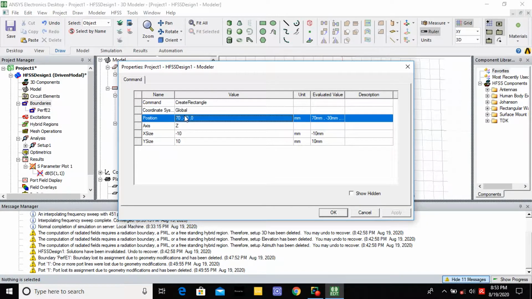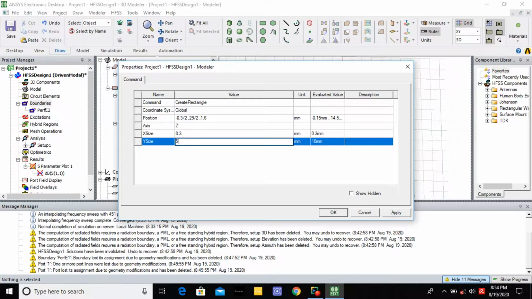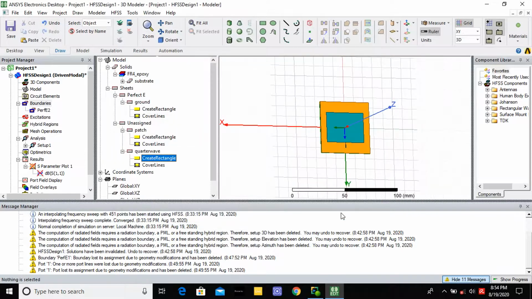Position is minus 0.3 by 2, comma, 29 by 2, comma, 1.6. Then you give x, it is 0.3, and the length y, 5.25. Then you give apply, then you give OK.